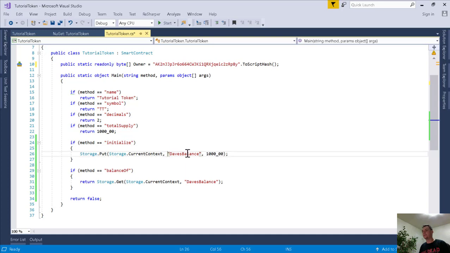So now what we're going to use, instead of Dave's balance here as the key, we're going to use the owner. Right? So we're going to use the script hash of me as that balance. And then here, we don't want to hard code in owner because we want to be able to check anyone's balance. So what we're going to use is these args that get passed in, and we're going to say the first arg passed in